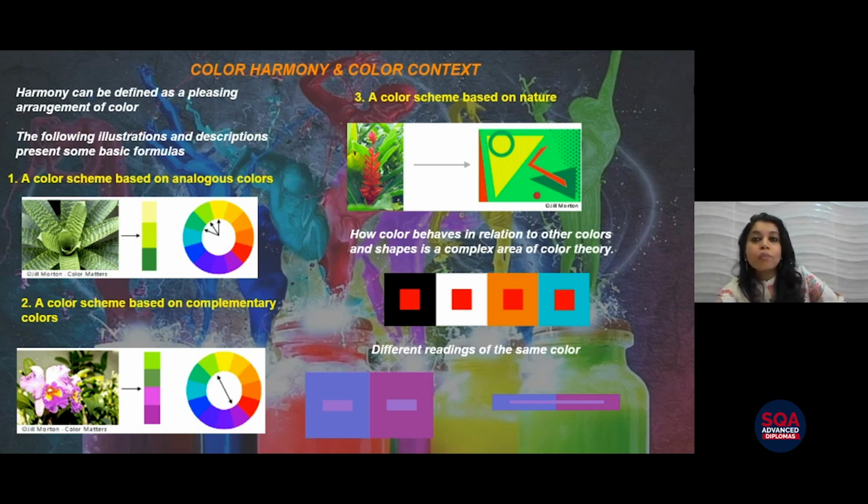Now, when we talk about neutral colors, like I told you, black, gray, brown, white, these are all neutral colors. Neutral colors are something we need to remember to use for our design purpose, because they are a kind of creative color scheme. Creative in such a way that they will adjust any color scheme to themselves. For example, black and white are the easiest neutrals that you can add to make any color scheme.